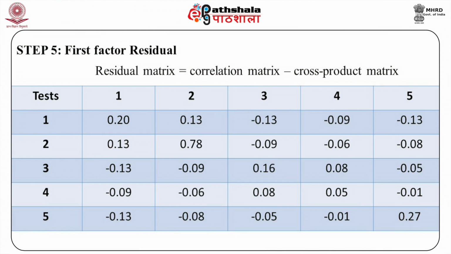The first factor residual is Step 5. To find the first factor residual, subtract the first factor cross product matrix Lij from the original correlation matrix Rij. The residual matrix is equal to the correlation matrix minus the cross product matrix, and therefore for tests 1, 2, 3, 4 and 5, the first factor residual matrix is 0.20, 0.13, minus 0.13, minus 0.09 and minus 0.13; 0.13, 0.78,